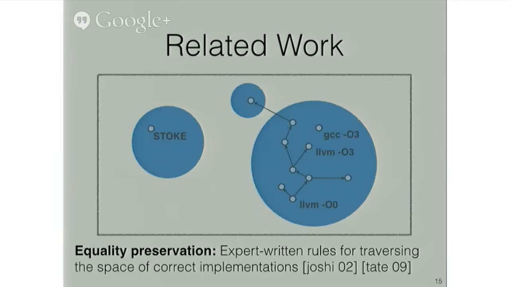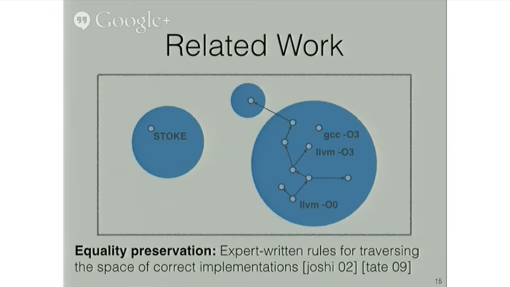The key issue here is that missed axioms correspond exactly to missed optimizations. And what's even worse than that is the code that's produced by Stoke has this really interesting property, which is that there is no sequence of small equality-preserving transformations that will ever be able to connect it to any one of the programs on the right here. It turns out that the only transformation that will accomplish this is the one that produces the optimal code all at once, which is great. But if we had that, we wouldn't have a problem to solve to begin with. So this doesn't quite work for us.